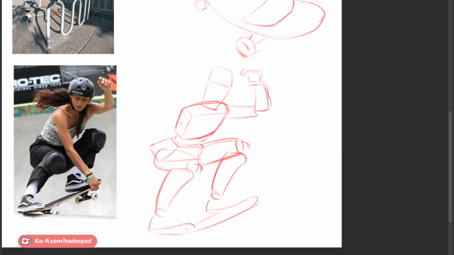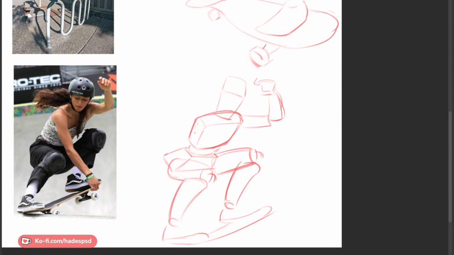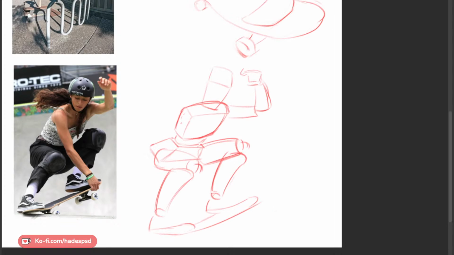You're trying to use more references, don't you? Yeah, definitely use reference. I still use reference. You can't always draw from imagination unless you've been drawing forever or something, I don't know.